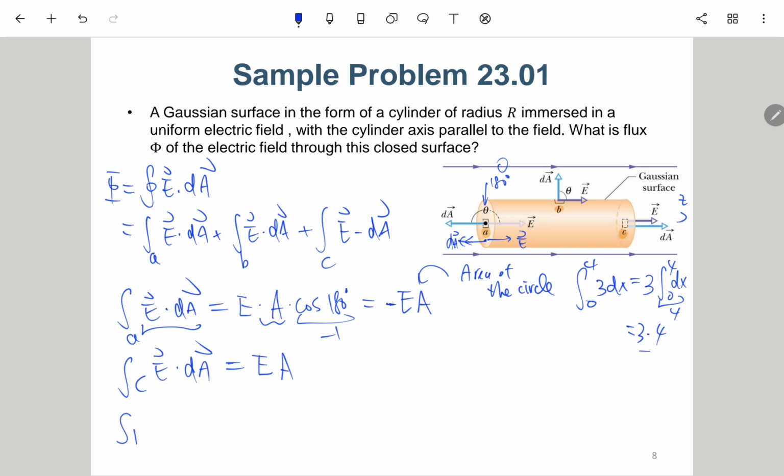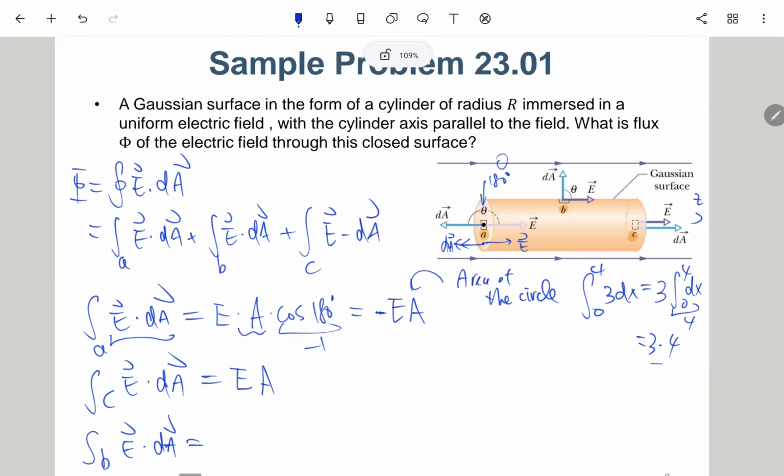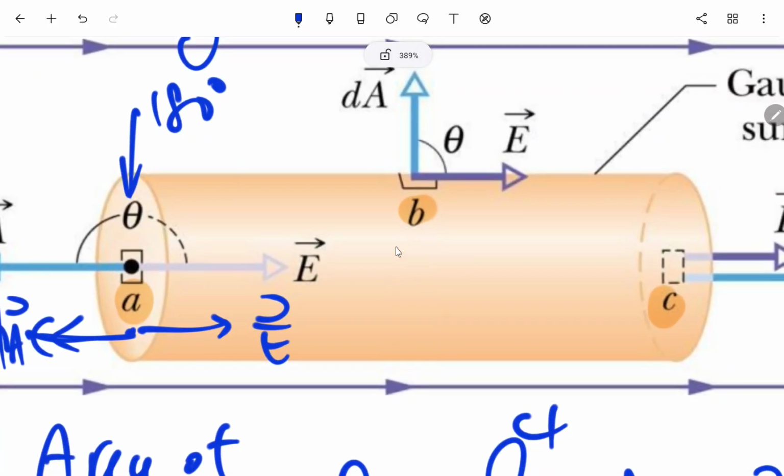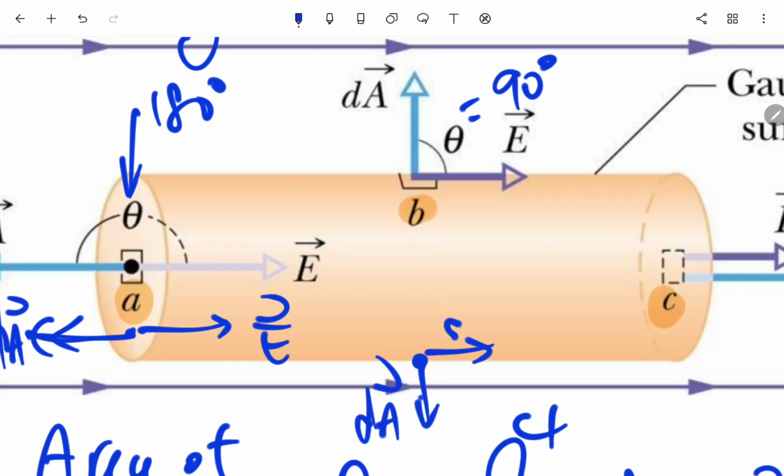And then for part B, we need some discussion. For example, for this point, the E field is pointing to the right side, and dA is perpendicular to the surface, so for this point it is pointing upward. So here theta is 90 degrees. For other points, dA is pointing in different directions. For example, at a point here, dA is pointing downward, and the E field is still pointing to the right side. So in such a way, theta is also 90 degrees. Even for this point,